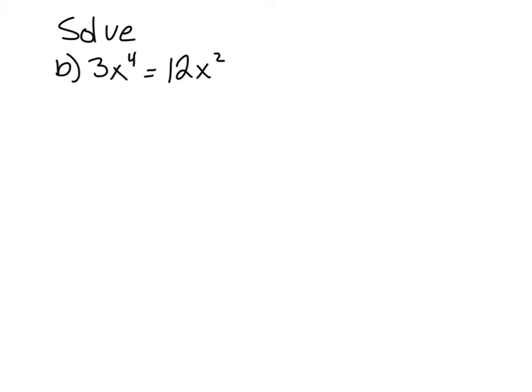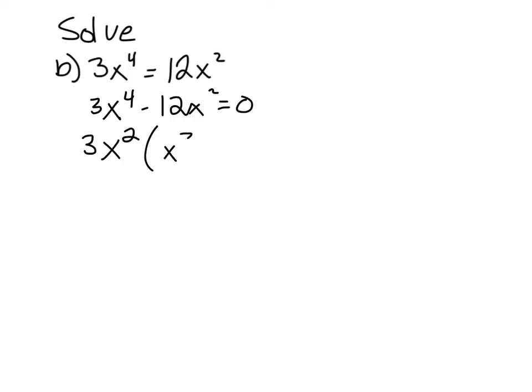Okay, one more example. We have, let's see what we have here. I'm going to go ahead and start this the same way as I started the other one, where I bring everything over to one side. Alright, and I see what's common amongst the terms and see if there's anything I can pull out. There's a 3, and then also an x squared, right? And what will I be left with here? So if I took out a 3 and an x squared, I'll be left with just 2 of the x's, right? Because 3 times x squared